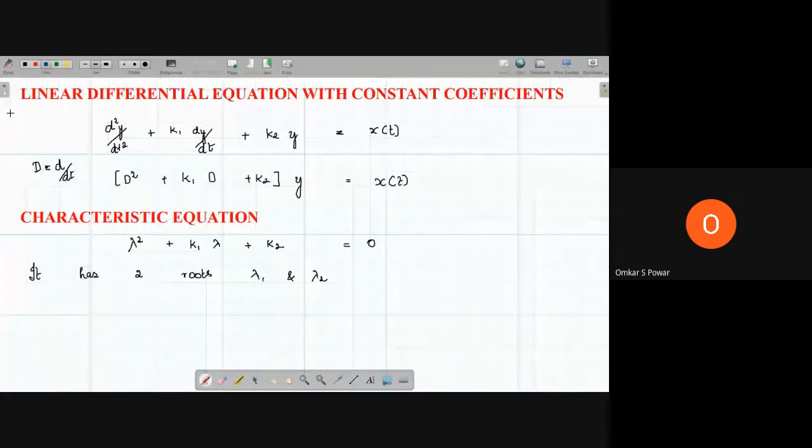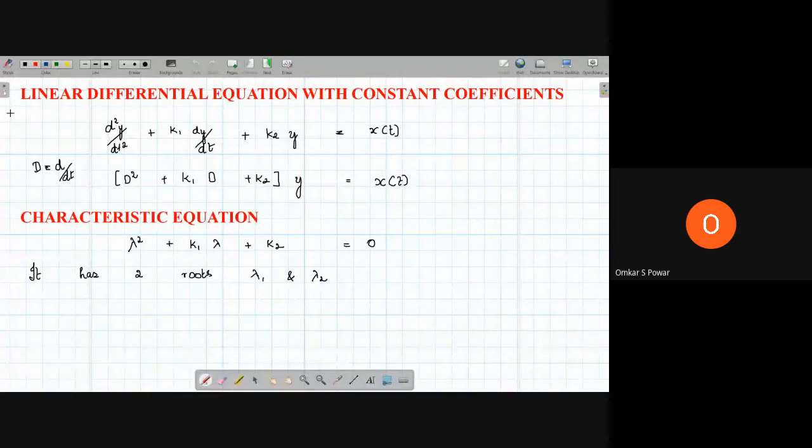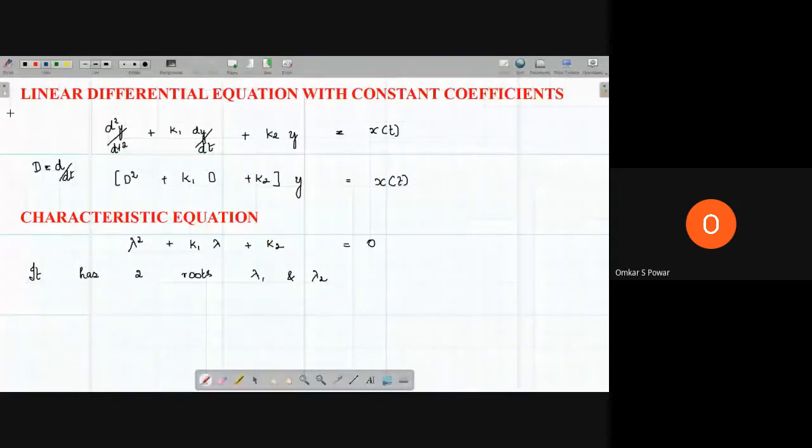So in the second module, what are the things we have studied? First we saw what is the intuition behind convolution, and how we solve discrete convolution and continuous convolution by solving some problems. Then in the last class we saw the properties of the LTI system, like stable, memory and causal. In this class we will see what is a linear differential equation with constant coefficient, and how we solve that.